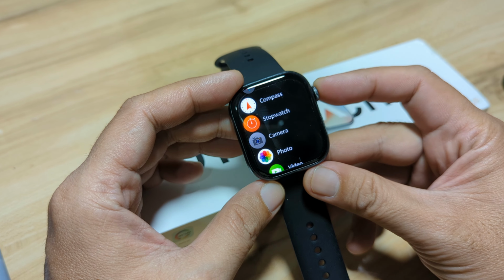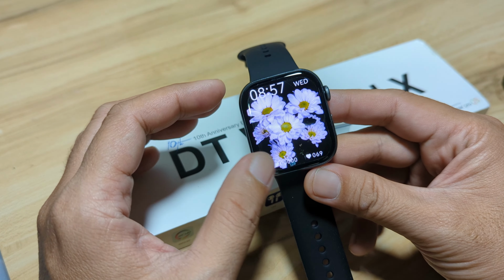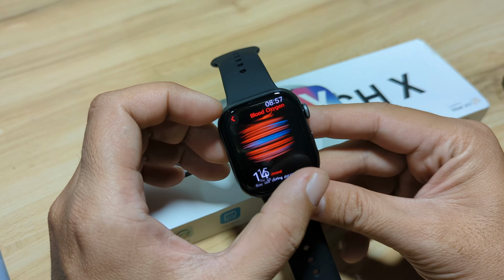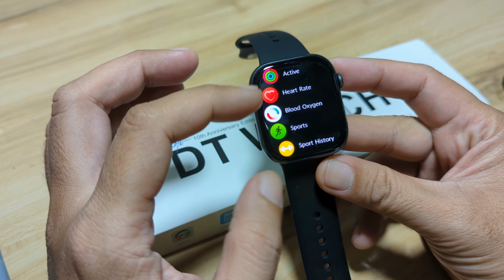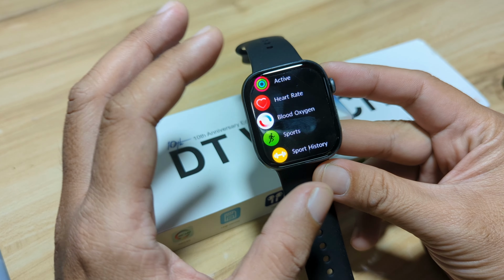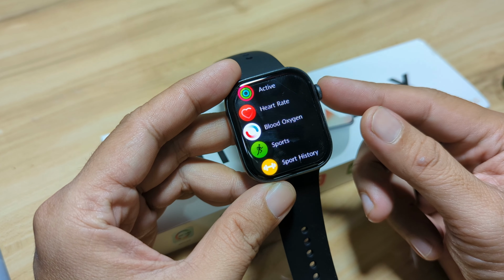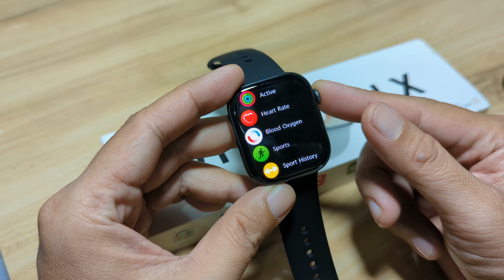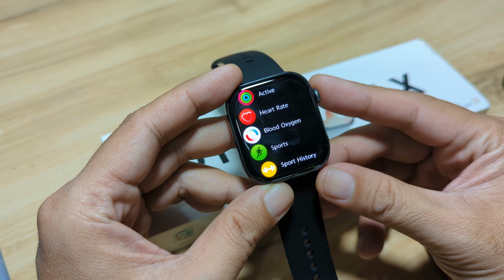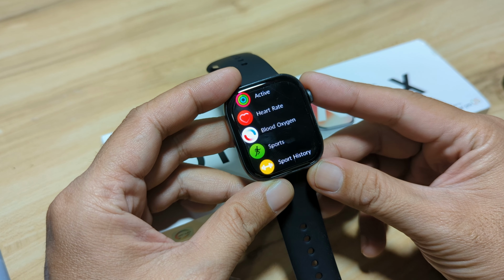So if you are interested in personalizing your smartwatch, aside from the watch face, you also want to add a background or a wallpaper. For example, if you want to add an image at the back of this menu, watch this video, as this wearable does have an option to add your own wallpaper, which is pretty cool, right? So if you are interested, watch this video.